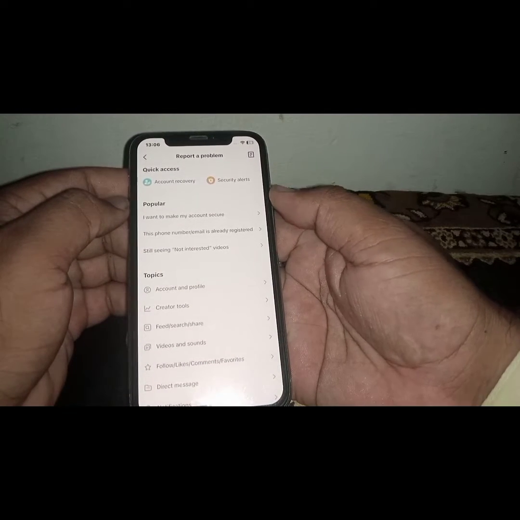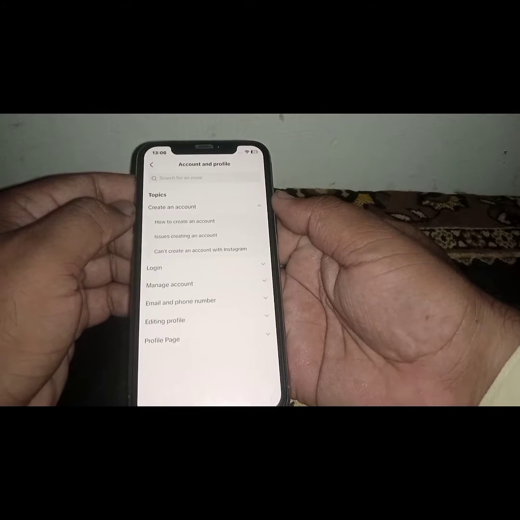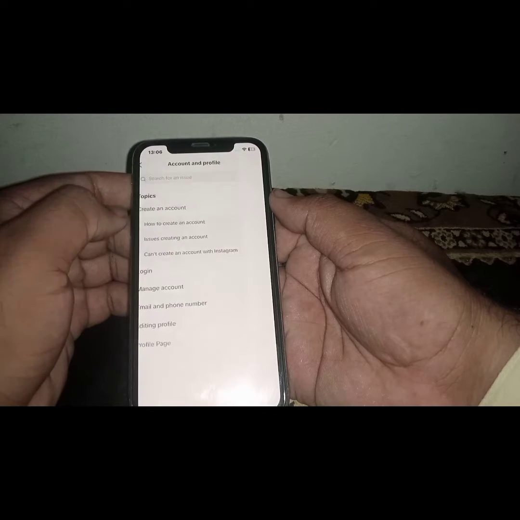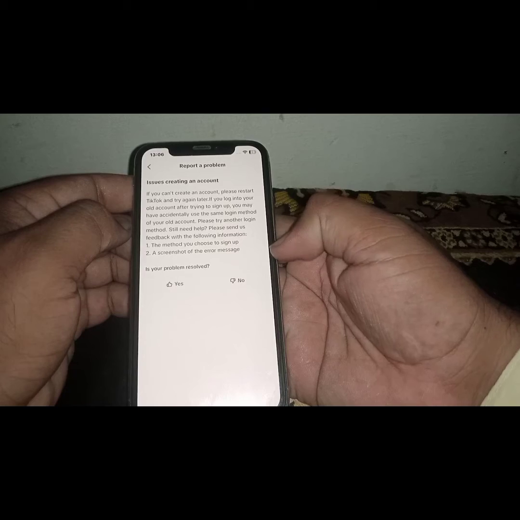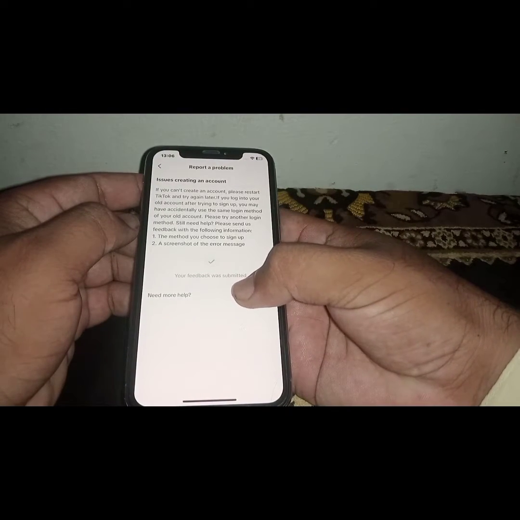and from here click on account and profile, and from here click on issue creating an account. From here click on option and click on need more help,